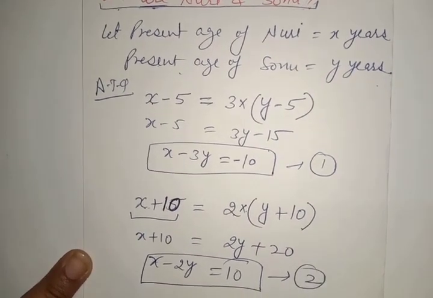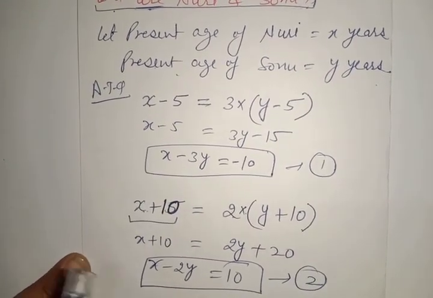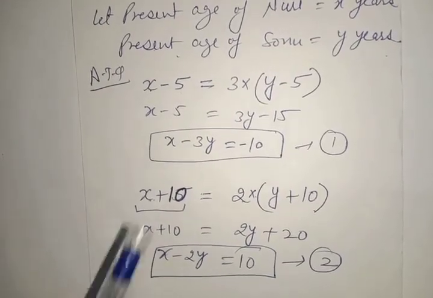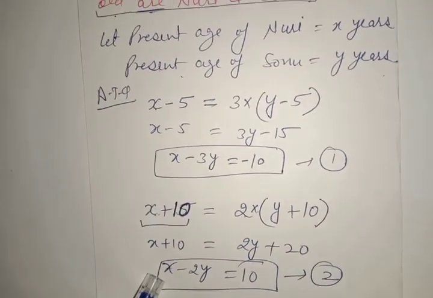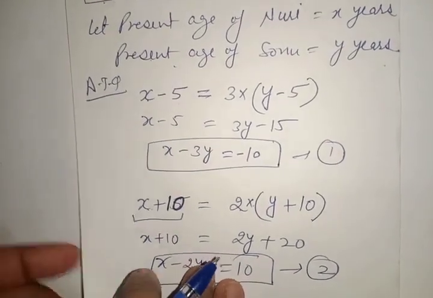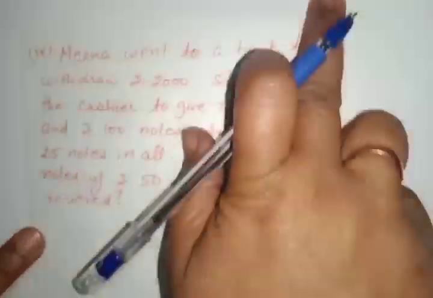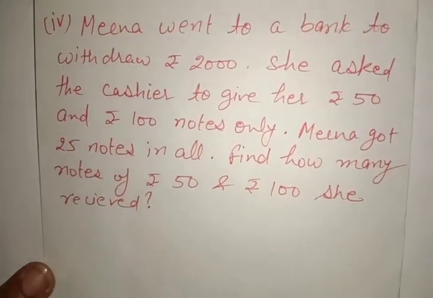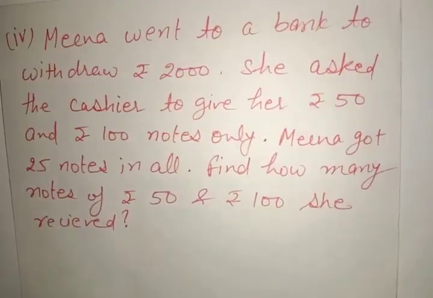Again, you can solve these two equations by the elimination method, very easy. Coefficient of x here is 1, coefficient of x here is 1. So you can solve it easily. And now we move on to the fourth part. You must be thinking, okay, third part I have not discussed. Third part I will discuss with you because it is a little bit difficult. First we will do the fourth and fifth part.